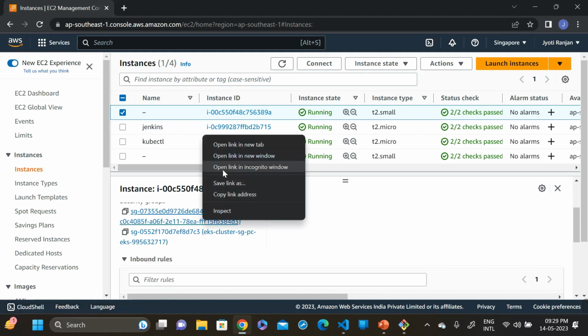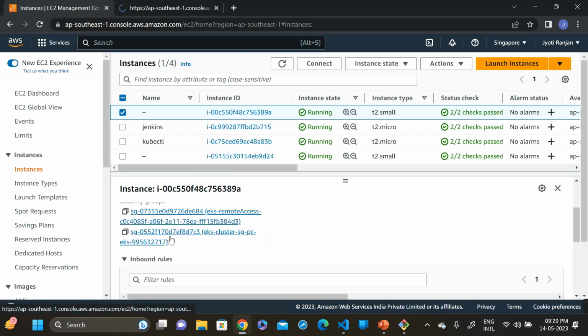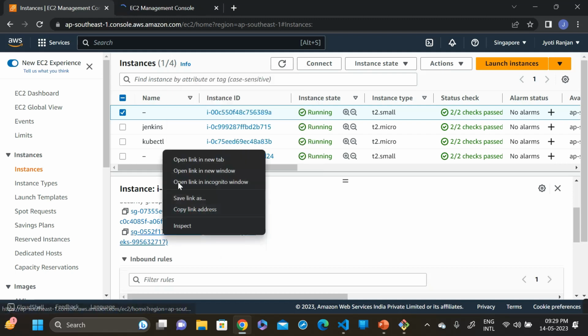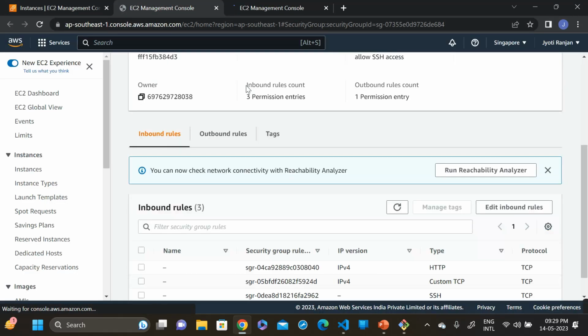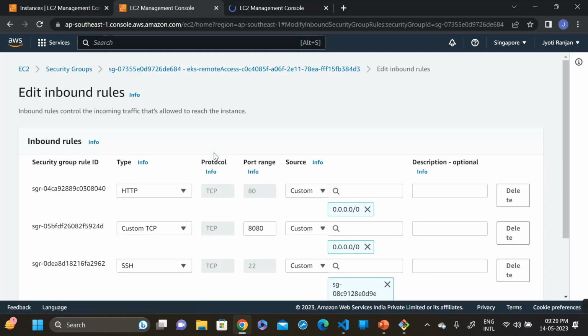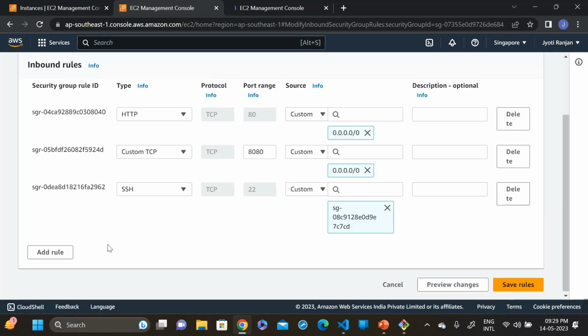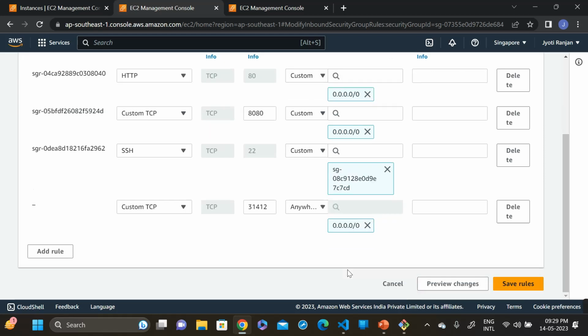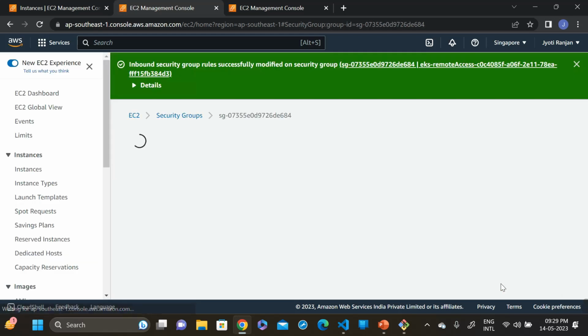Okay, open these two security groups. Edit, add rule, paste it here, anywhere, press save rule,